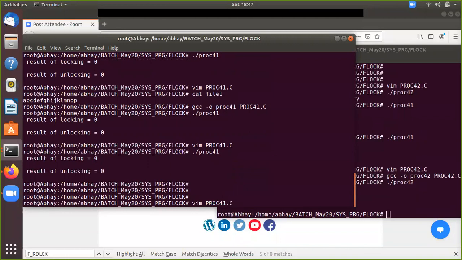I have a doubt over here. The second program is locking from the file pointer 0 to the complete file, right? It's starting from 0, and when it reads beyond 6, what happens to it? Will it still be valid? Your voice is breaking. Okay, can you hear me now?